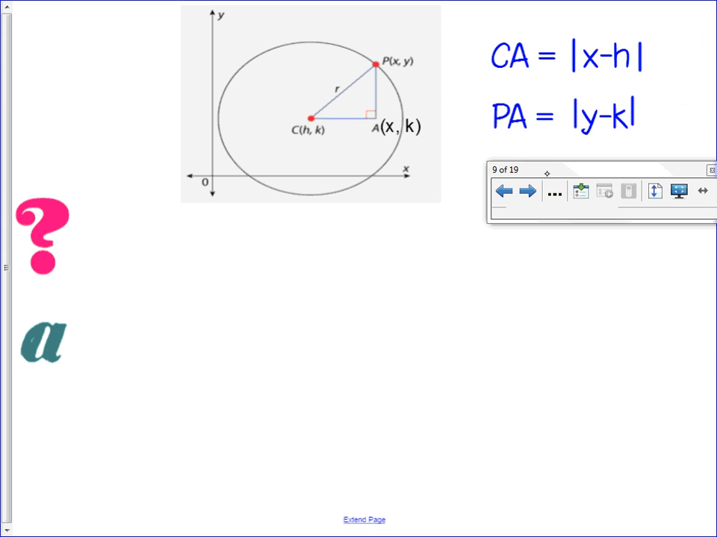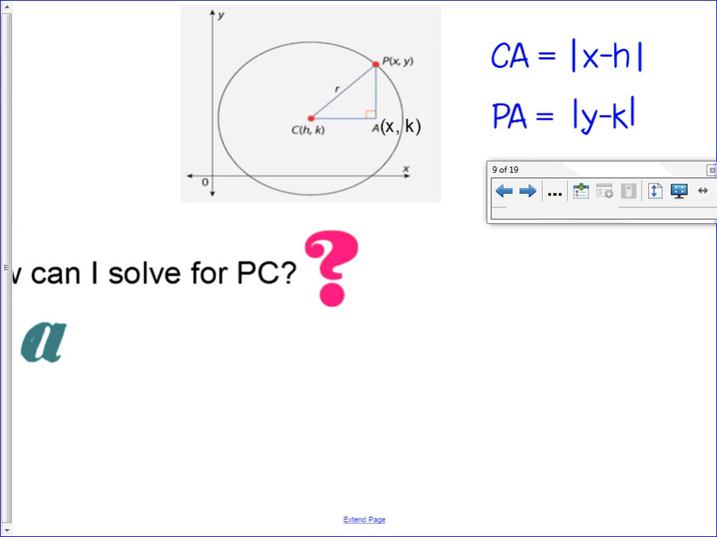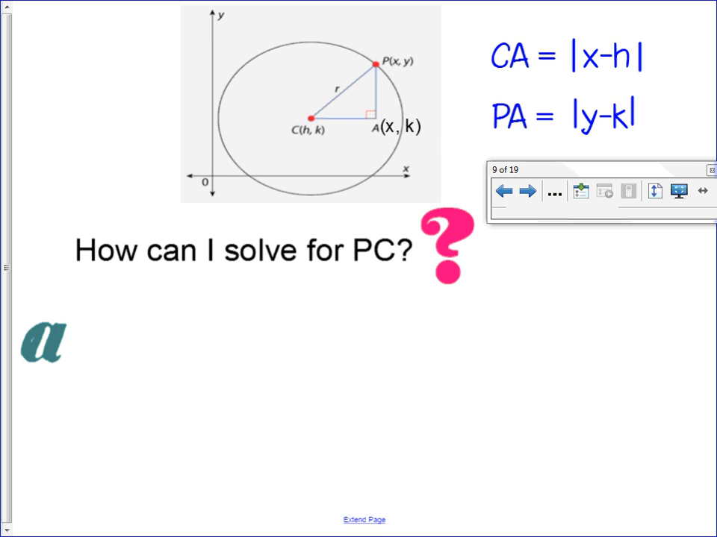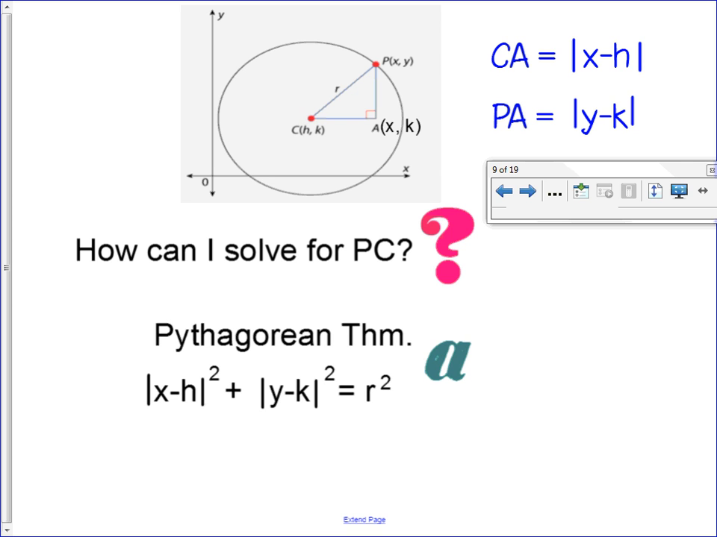Alright, so if I just found that the length of CA was the X value subtracted, and the length of PA was the Y value subtracted, right? How do you normally solve for PC? If you have a right triangle, how can you solve for the length of PC? So either distance formula or the fact that it's a right triangle, I'm going to go ahead and do Pythagorean theorem. Okay, so what this is saying is that the length that I found,